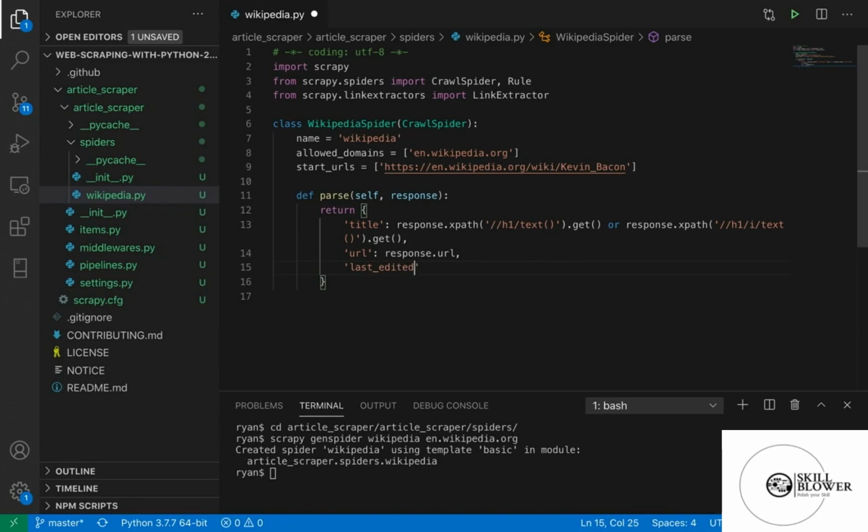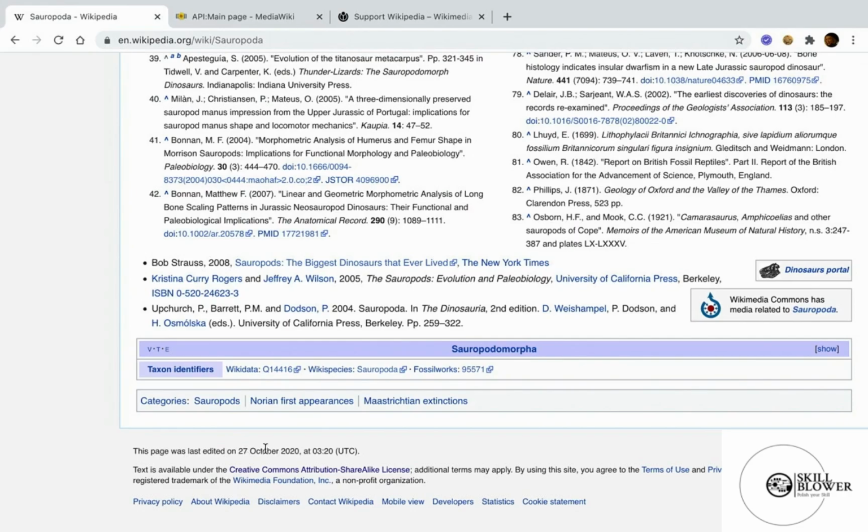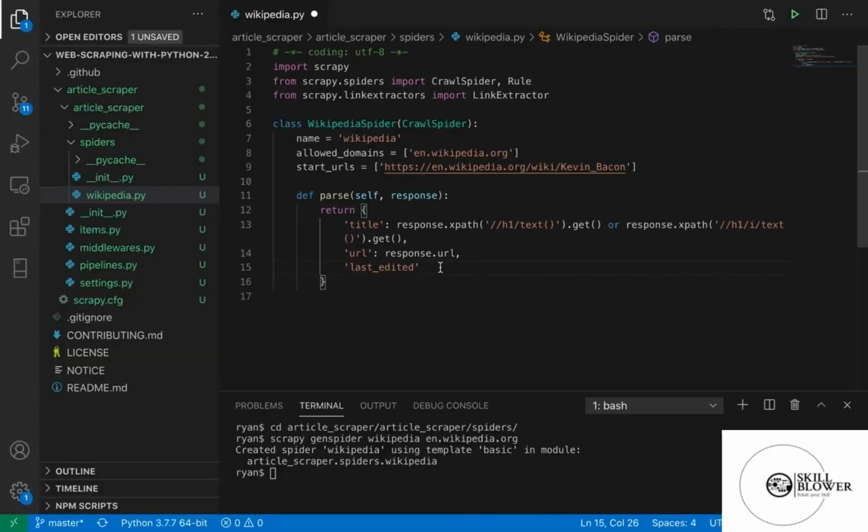Then we have the URL. That's just going to be response.url, pretty straightforward. And the last edited, this is the last edited date at the bottom of Wikipedia pages. This page was last edited on the 27th of October 2020. There's the timestamp there. We want to grab that too. So the last edited date is going to be a response.xpath, where the ID is footer-info-lastmod, get the inner text().get. Okay, great. So now we have something that looks just like the scraper we wrote in the last chapter,